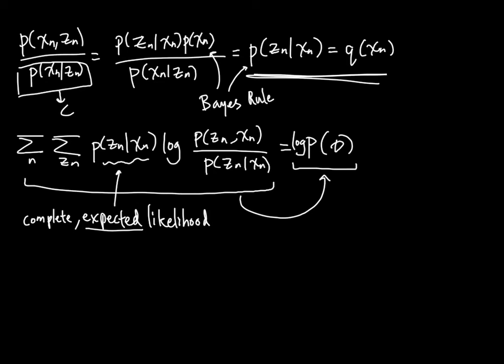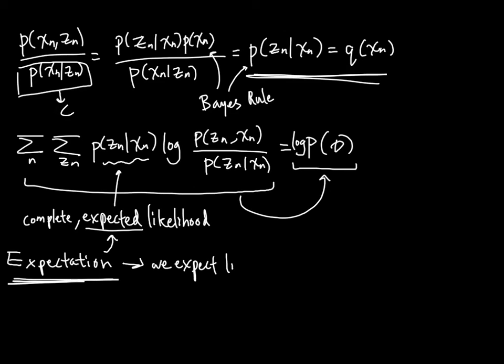This is our first step, right? Remember in our title we have expectation, right? This is the expectation. So this means we expect the likelihood of our data to be this,